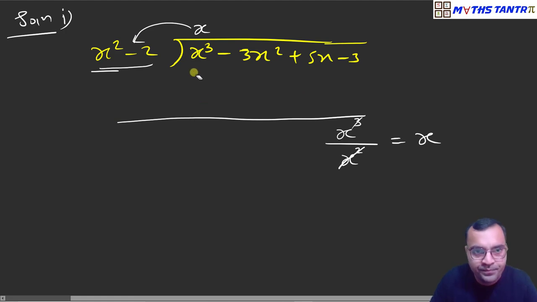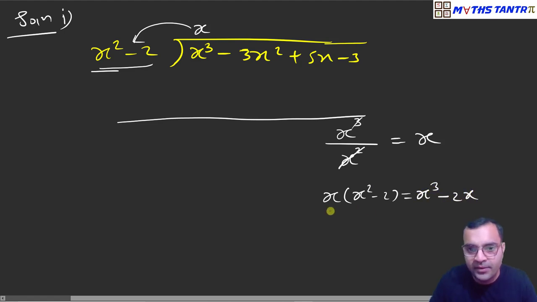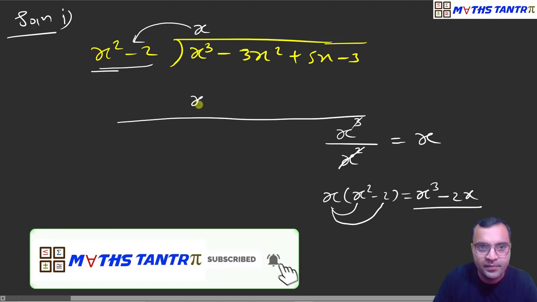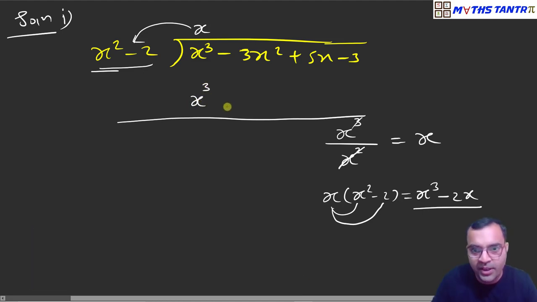Okay. Now divide it. If I multiply my divisor by x, what will I get? I will get x cube minus 2x, right? x into x square, x cube, x into minus 2, minus 2x. Okay, so this I should write here. And I should also check whether I'm writing the term below the same power term. Here x cube, x cube. Now this is minus 2x. So what should I do? I should write it below the x term.